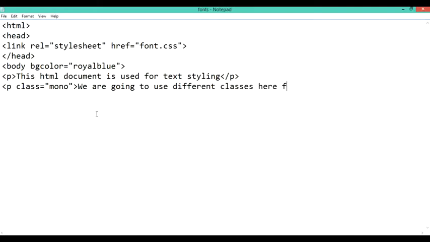That we already know, we have discussed that in selectors. If you do not know how to use selectors, you can watch my previous video. The link is at the top right corner, where we can understand the difference between a class and an ID. So here we are using a class, so we will add the class wherever we want to use that part. I have added a class mono in the first case and then the class cursive in the second case.